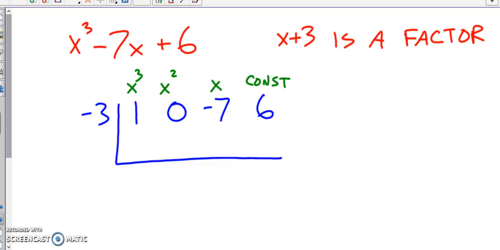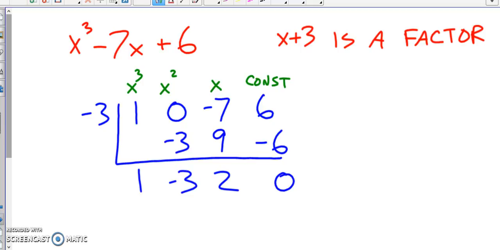Bring down the 1. Forgot about this stupid blue pen. There we go. 1. Now, negative 3 times 1 is negative 3. Add, this is negative 3. Negative 3 times negative 3 is 9. Add, you get 2. Negative 3 times 2 is negative 6. Add, you get 0. So notice that the remainder is 0, which means that x plus 3 evenly divided into